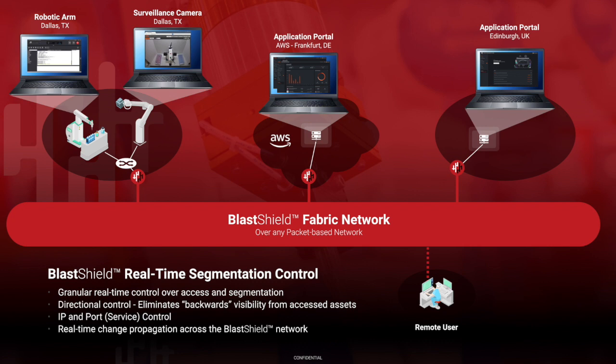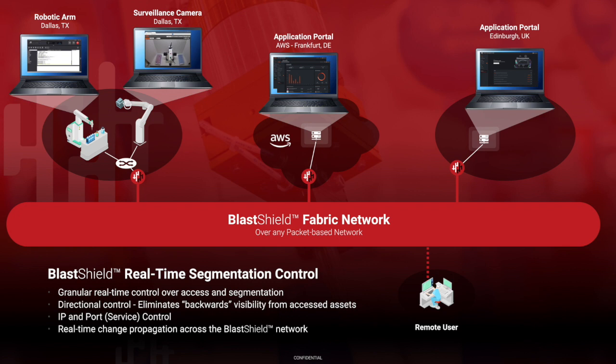This eliminates the ability for accessed assets to see backwards into the network for the purpose of propagating malicious code or for emanating lateral attacks. Access control within a BlastShield network is highly granular, allowing you to, in real time, control at the IP and port or service layer, and all changes made to segmentation or access control policies automatically propagate across the BlastShield network